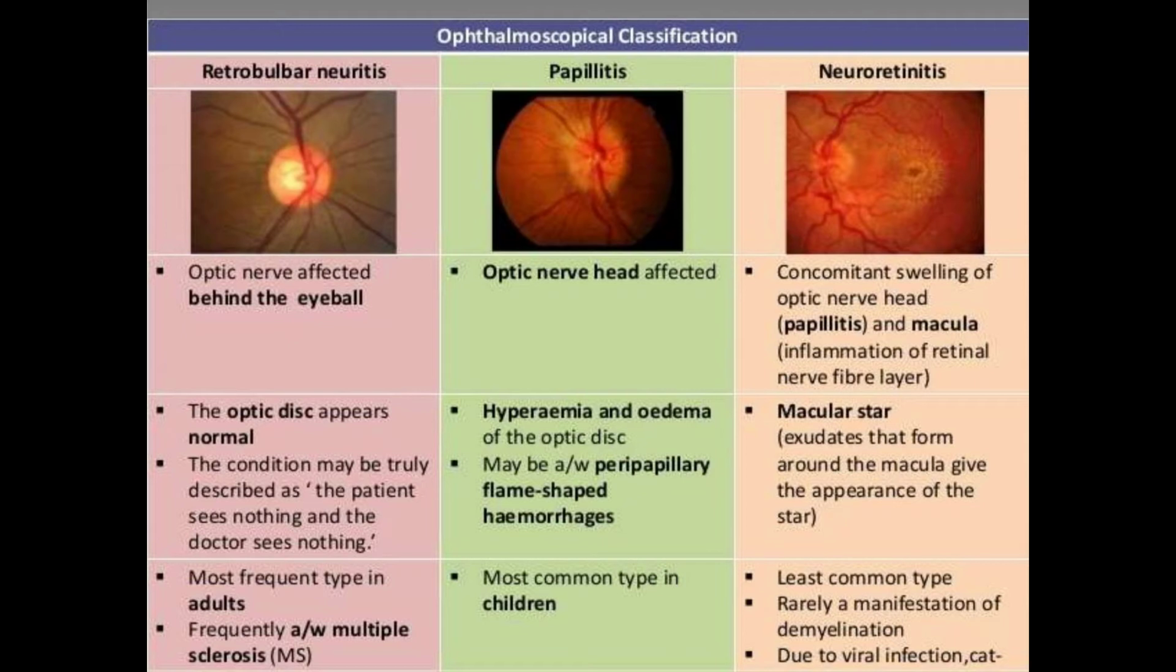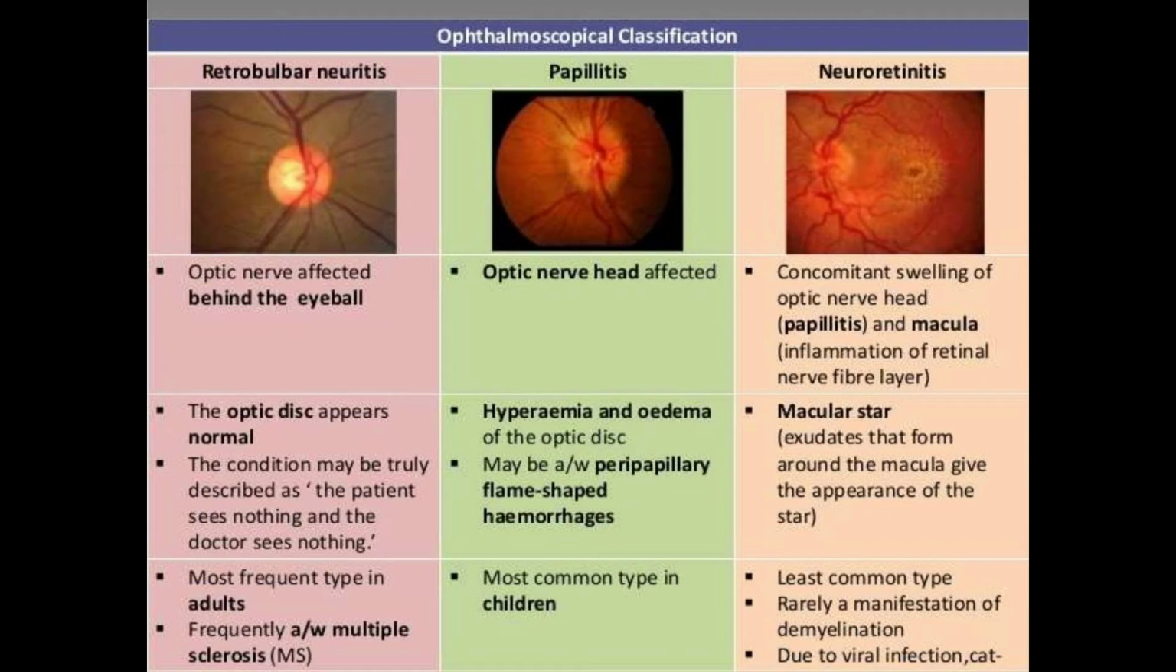And this condition may be truly described as the patient sees nothing and the doctor sees nothing. मतलब patient को दिख नहीं रहा है and we are also not able to make out what the problem is. But in this situation, relative afferent pupillary defect plays a very important role. This patient, even if his optic disc is normal, there will definitely be presence of relative afferent pupillary defect, and